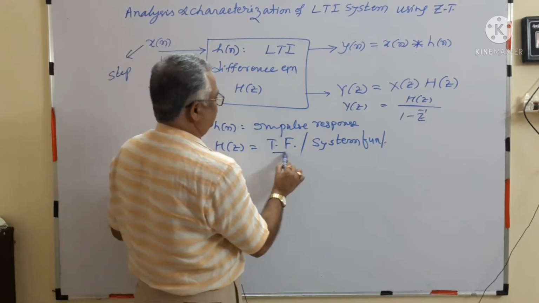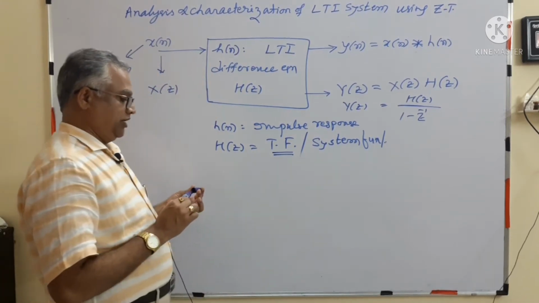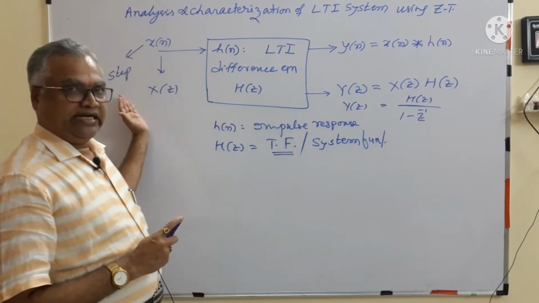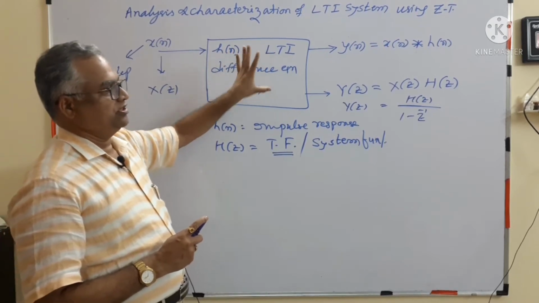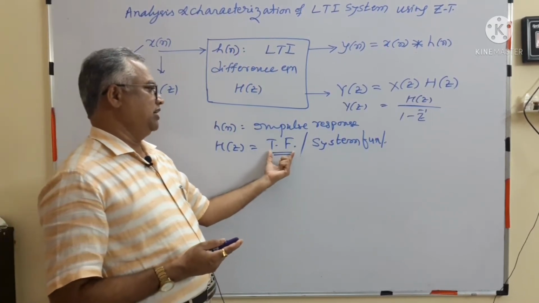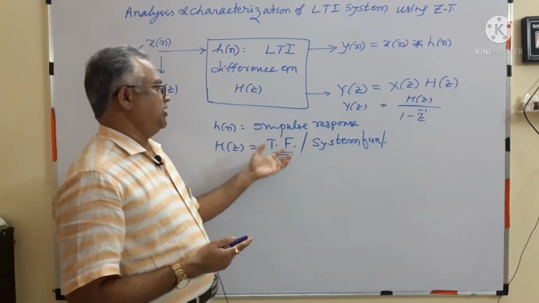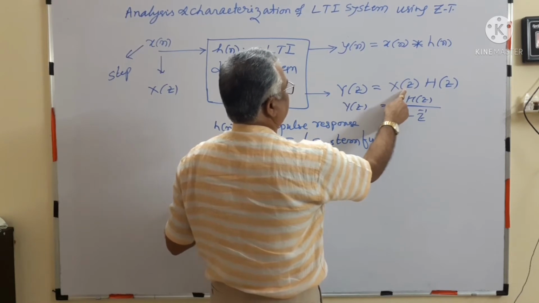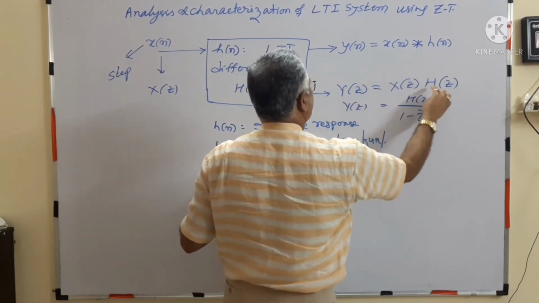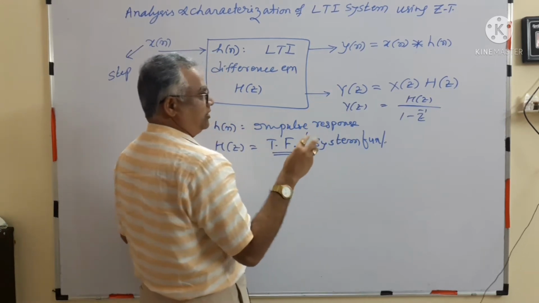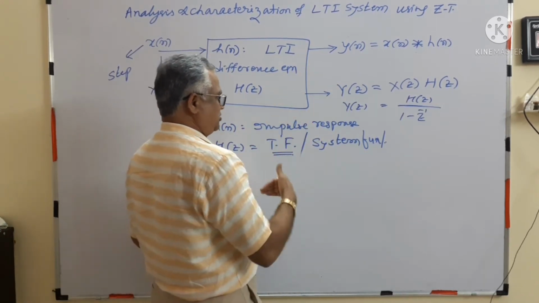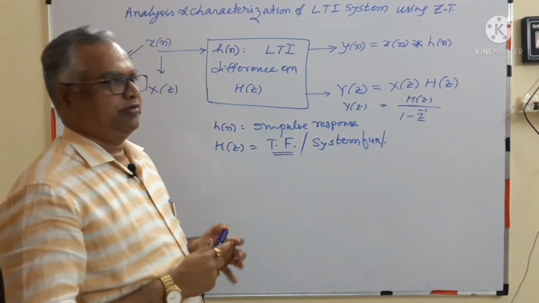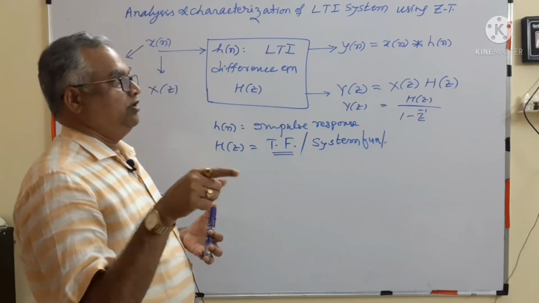So what is the definition of transfer function? It is the ratio of Laplace transform of response by excitation, keeping all initial conditions set to 0. That's what you studied in Laplace transform. The same way here also, ratio of response by excitation, that ratio is called a system function. There in S domain, in analog signal, S domain; digital domain, H of z. So H of z is a frequency domain, H of s is a frequency domain, e power j omega is also